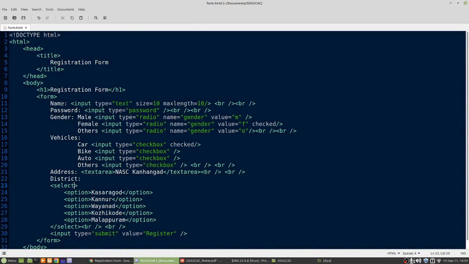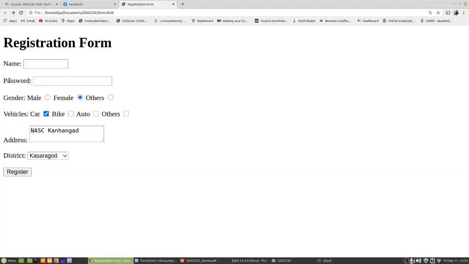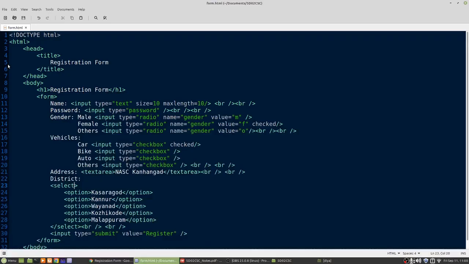So the name is the first input element in this particular example, and you can click inside the text box to enter some text in the text box. If you click on the name, nothing happens. If you click on password, nothing happens. So if I want something to happen when you click on name, then you can put a label for the name. So let's see that change here.